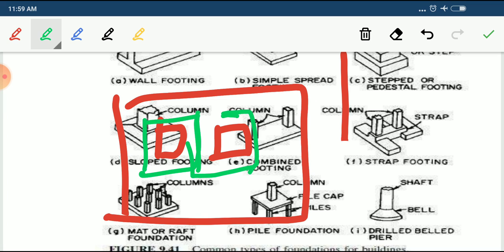At that time, what you have to do? You have to go with the combined footing. Okay. Next one is that is